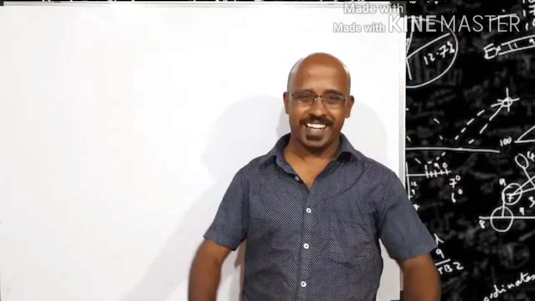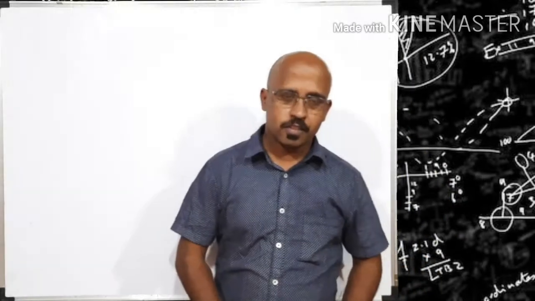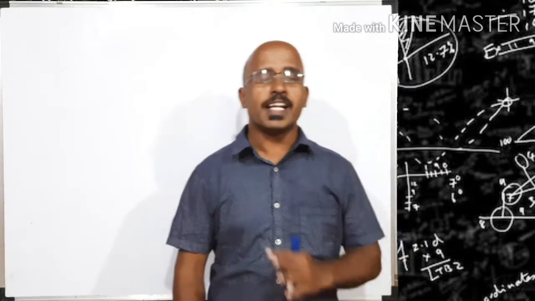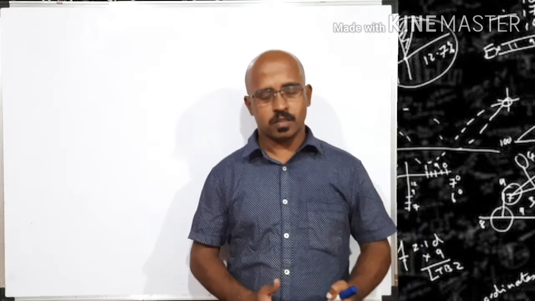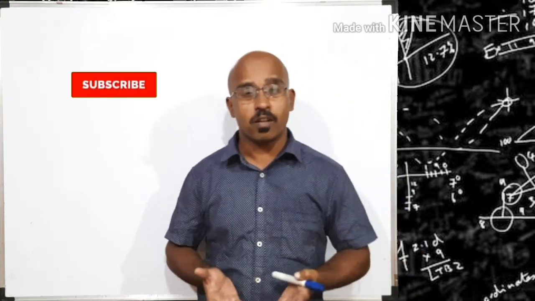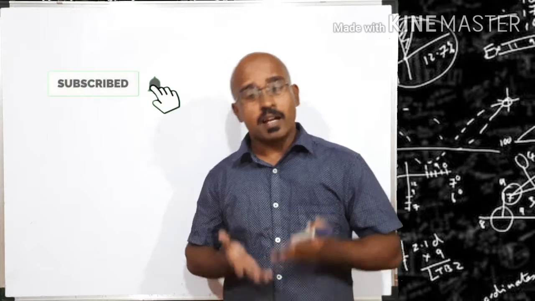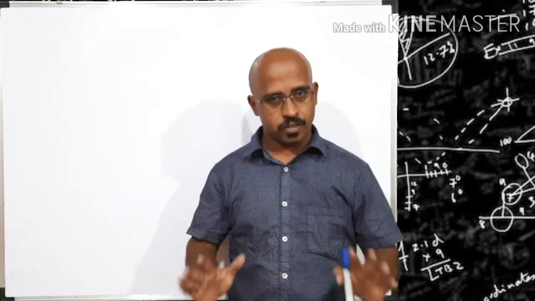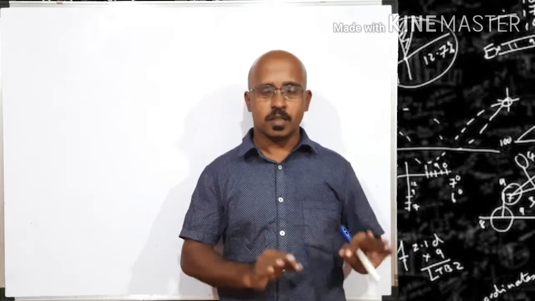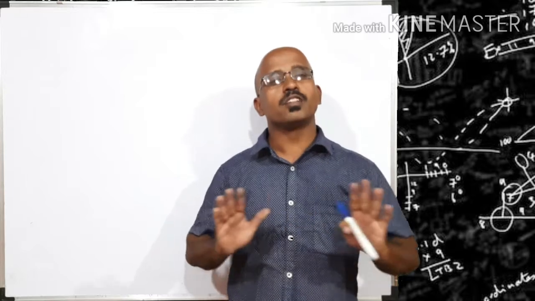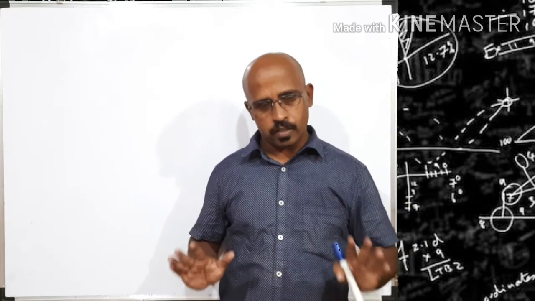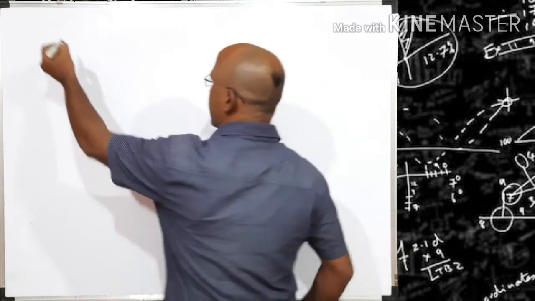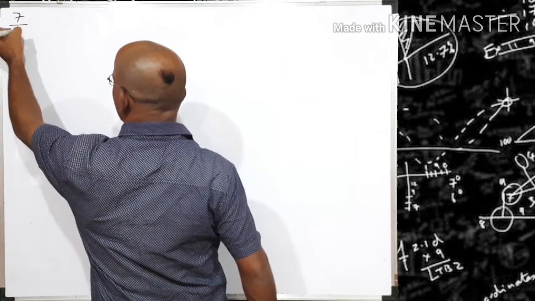Welcome to mathematics. Friends, in this video, we are going to see how to write a decimal equivalent of a rational number. Once again, writing decimal equivalent of a rational number is nothing but writing decimal equivalent of a fraction, because a rational number is nothing but a fraction where the denominator is not equal to 0. Okay friends, suppose the question is: write the decimal equivalent of 7 upon 4.